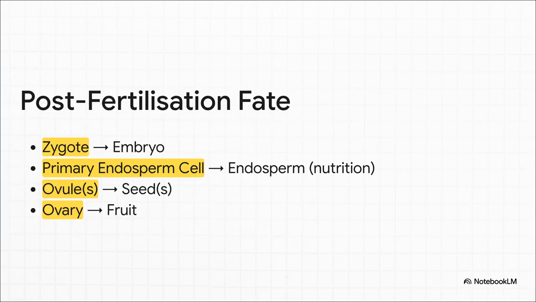So what happens after this incredible event of double fertilization? Well, development kicks off. First, that primary endosperm nucleus develops into the endosperm. The endosperm's job is to be the food supply for the embryo. It's like making the baby food before the baby starts to grow. Only after the endosperm is established does the zygote start developing into the embryo. The best example for endosperm is a coconut. The coconut water you drink, that's free nuclear endosperm, and the white kernel, the part you eat, that's the cellular endosperm. So as all of this happens, the ovule matures into a seed, and the ovary develops into the fruit